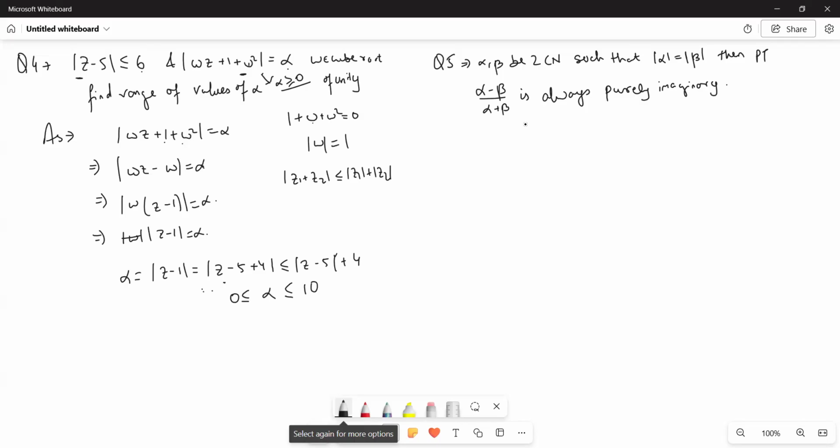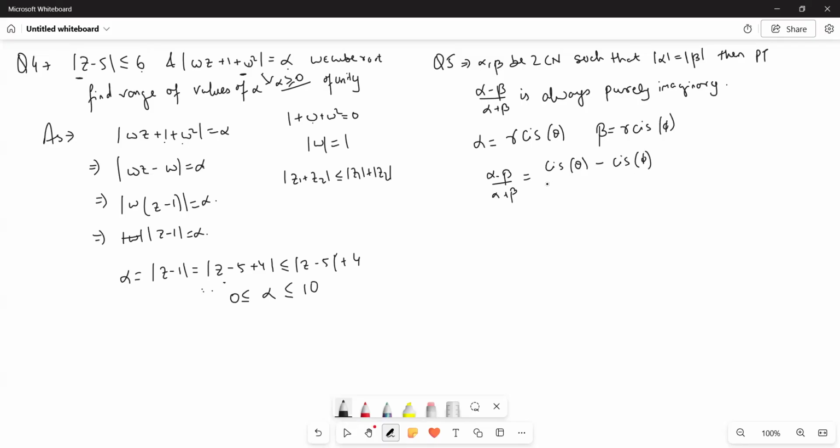इसलिए थोड़ा सा चेंज हो जाएगा इसका मेथड। So what we do in this is we'll assume that alpha is some r cis theta and beta is some r cis phi, क्योंकि दोनों का मॉड तो सेम है तो आर आर हो जाएगा। तो अल्फा माइनस बीटा बाई अल्फा प्लस बीटा will effectively be cis theta minus cis phi by cis theta plus cis phi।